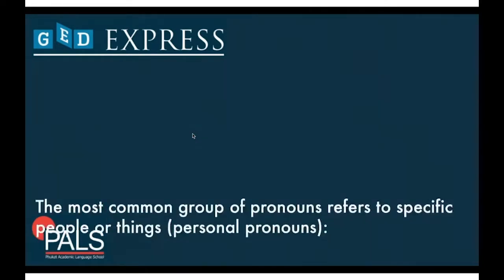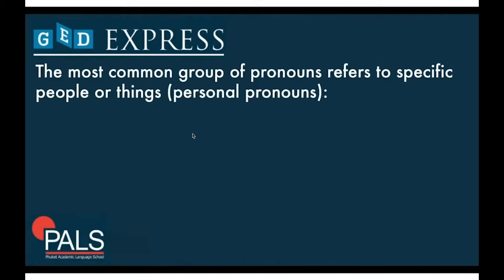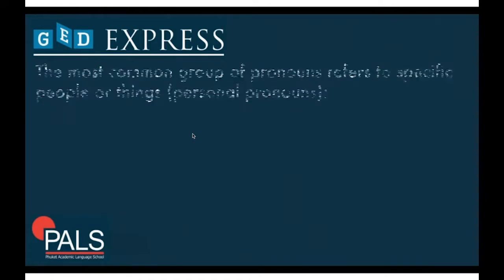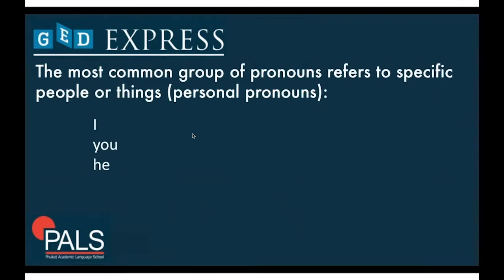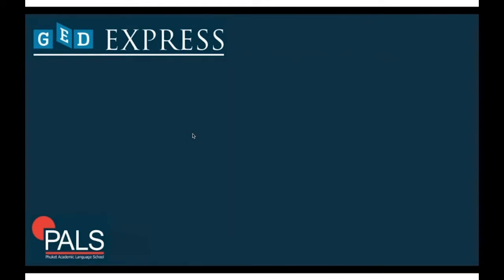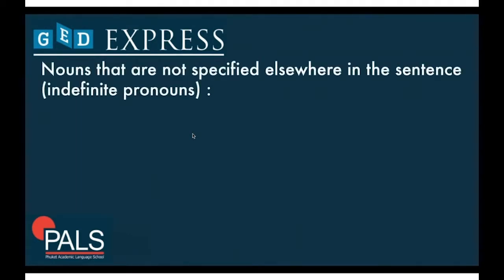The most common group of pronouns refer to specific people or things, also known as personal pronouns. They are I, you, he, she, it, me, him, her, we, they, us, them. That's it. So, another group of pronouns refer to non-specific people or things, that is, nouns that are not specified